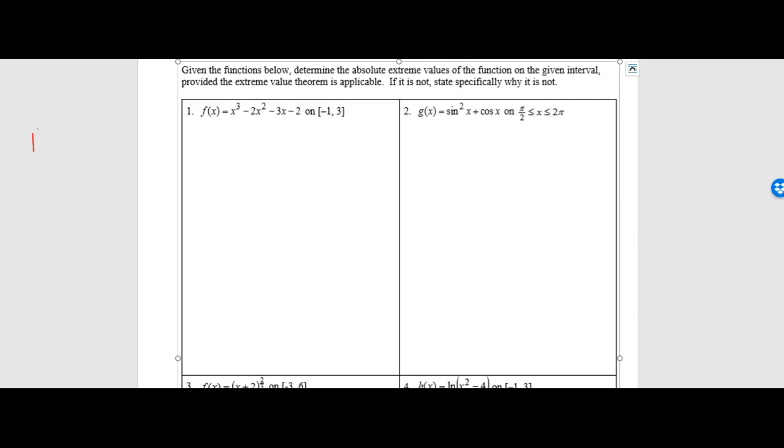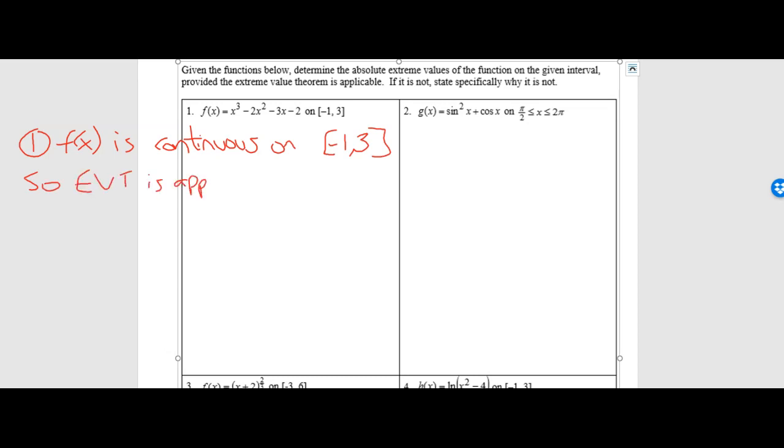So we're first going to say 1, f of x is continuous on the closed interval -1 to 3. So EVT is applicable on the closed interval -1 to 3. So we've stated the initial condition, we've stated that it exists, and now we can go about finding whatever those